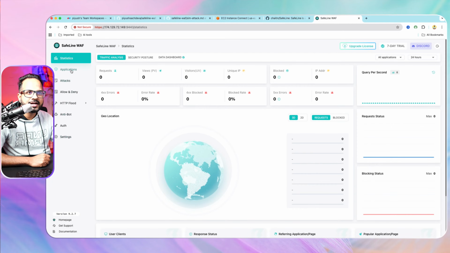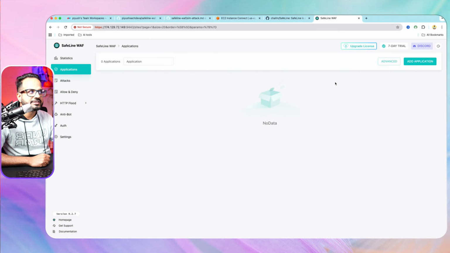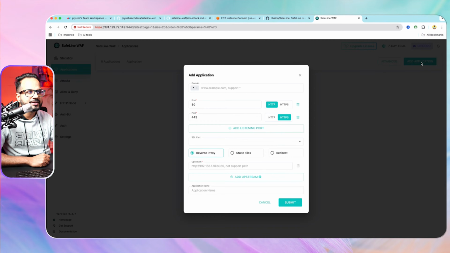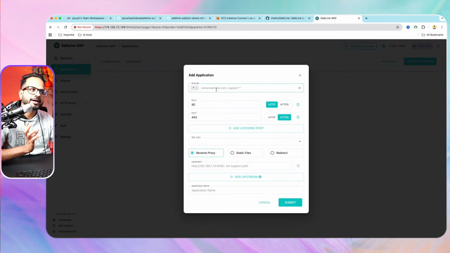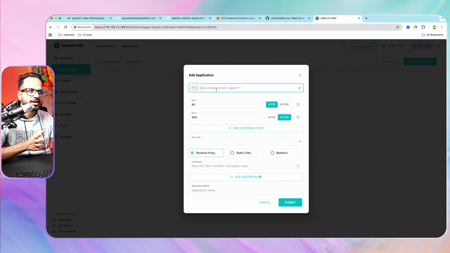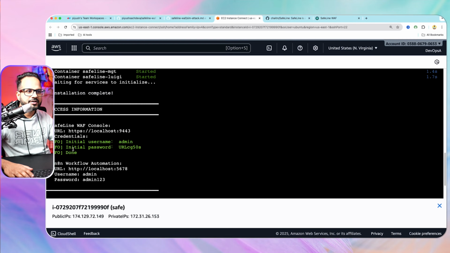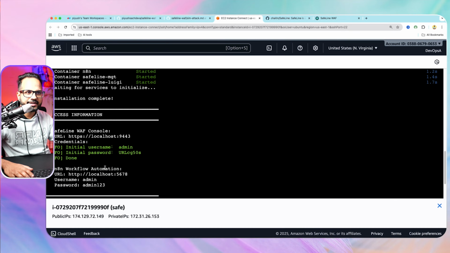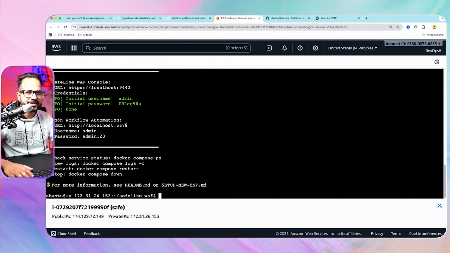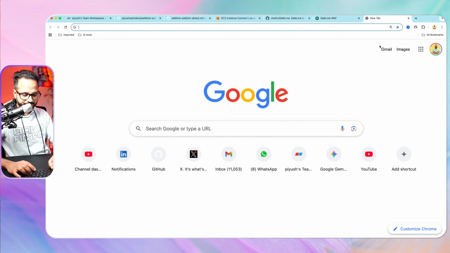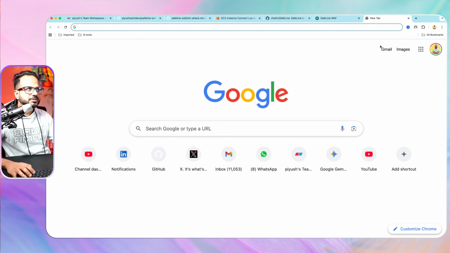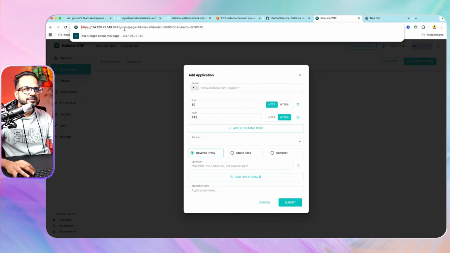Let's go ahead and go to applications. You won't see any application. You can click on add application from here. Now you need to provide your application details over here. I think it will work with localhost because on localhost we have the N8N working. So let's check the N8N as well. It's running on 5678. So the same URL, which is this one,